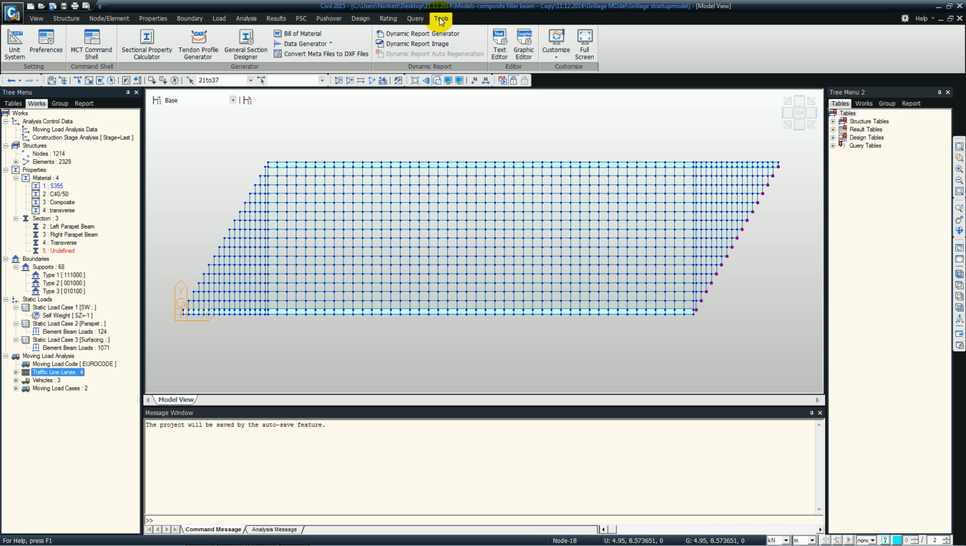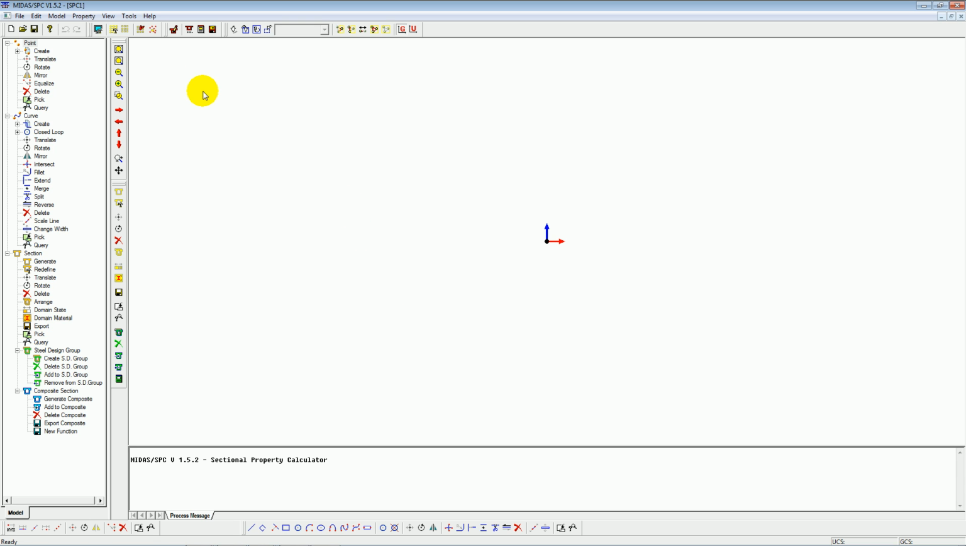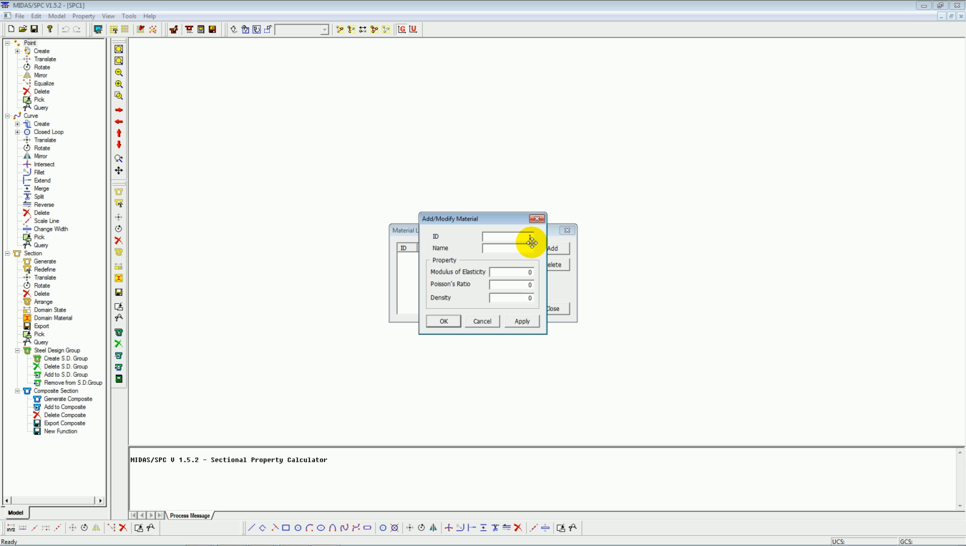So for that I'll go into Tools, Section Property Calculator, and here just simply select newtons for force. Okay, here because we are going to have a composite section, we need to define the 2 materials for this. So starting off with the model, material, add. So we're going to have the steel,